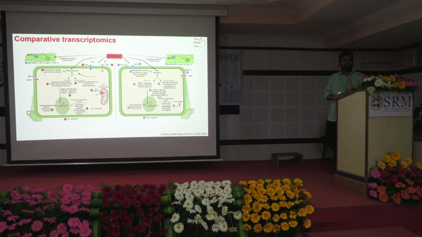And what we mostly look into is the genes which are getting upregulated. But here we are looking in a different way. We wanted to see what are the susceptibility factors which can be knocked down in the sensitive cultivar to make the sensitive cultivar a tolerant one, right? But